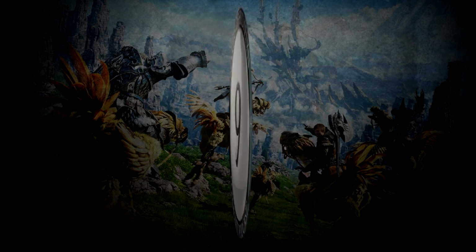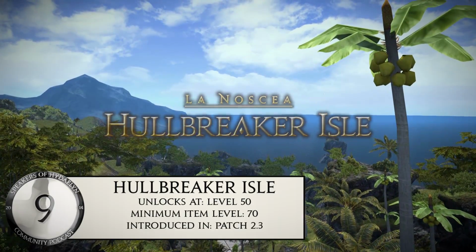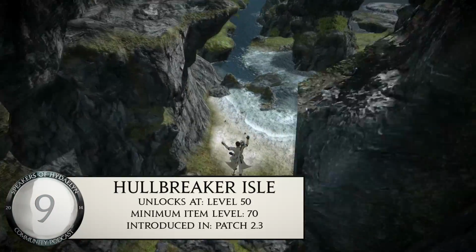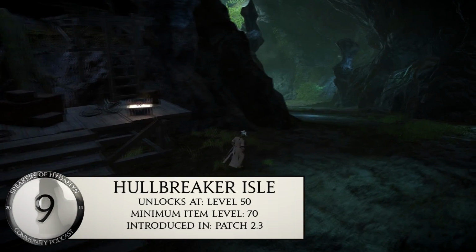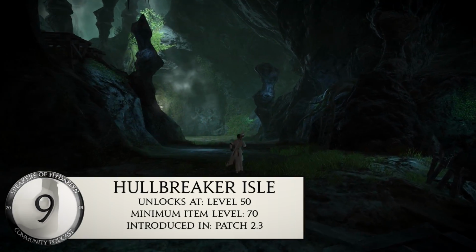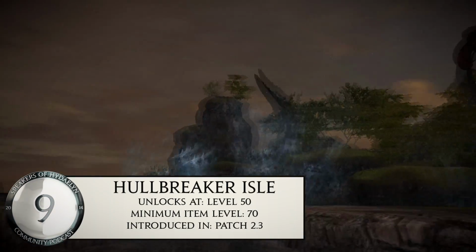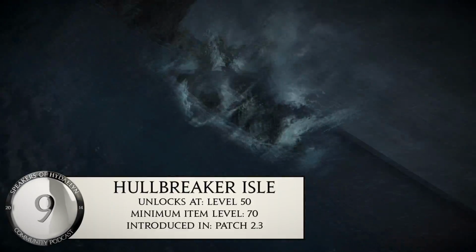Number 9. Hullbreaker Isle. This tropical dungeon snags the 9th spot for its innovative design at the time, jumping down a large cliff, walking into traps, and mimics. The dungeon feels perfectly paced, has very few boring areas, and has a soundtrack that managed to define it. The last boss is the Kraken, which was really groundbreaking for Final Fantasy XIV at the time, and proved a